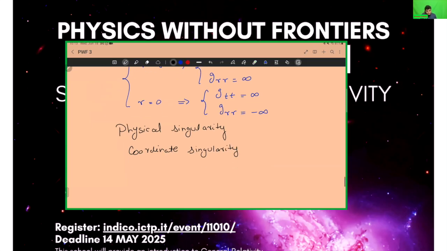So physical singularity means that you can never get rid of the infinity, never get rid of the singularity. It doesn't matter what coordinate system you use, you can never get rid of that singularity. Okay. Coordinate singularity means that you can get rid of the singularity if you change the coordinates. So you can get rid of the singularity by a coordinate change,